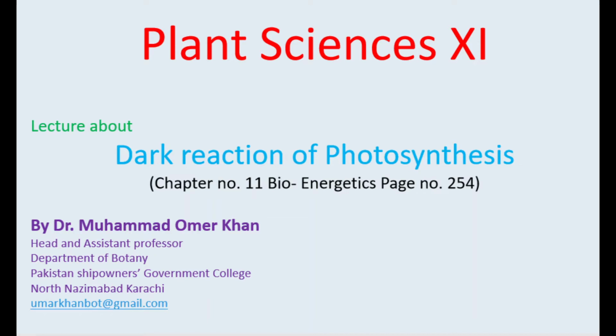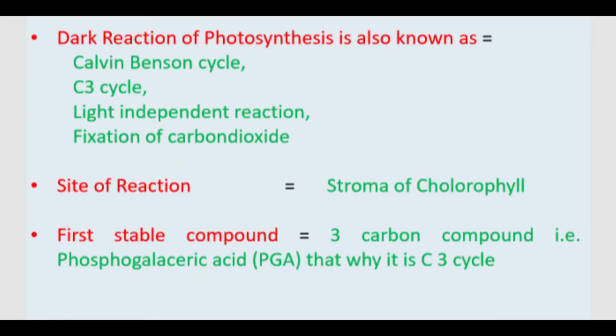The dark reaction is also known as the Calvin-Benson cycle, named after the scientists, the C3 cycle, the light independent reaction, and the fixation of carbon dioxide. That is the most important name, the fixation of carbon dioxide, because the plant is going to fix carbon dioxide for the manufacturing of food material. The site of the reaction is the stroma